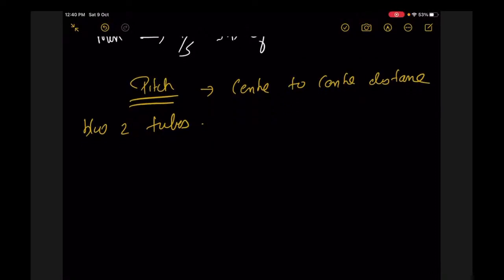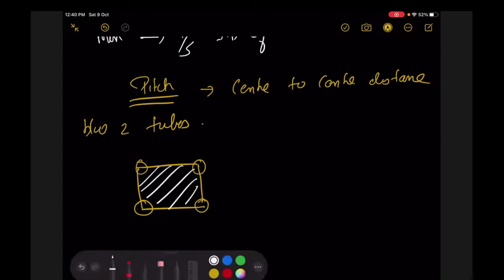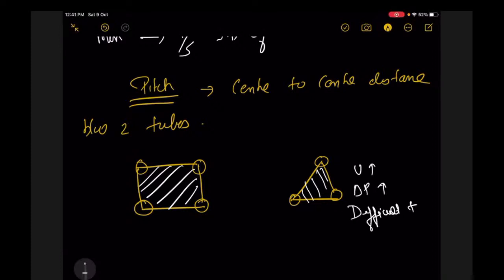तो यहाँ पे हम देखेंगे, पहली होती है हमारी रेक्टेंगुलर पिच। रेक्टेंगुलर पिच में क्या होता है, स्पेस बहुत है, ये देखो व्हाइट वाला एरिया। एक होता है हमारे पास ट्रायंगुलर पिच। इसमें क्या है, स्पेस कम है। तो स्पेस कम है तो तुम यहाँ से ये तो समझ ही सकते हो, यू विल बी मोर, डेल्टा पी विल बी मोर, डिफिकल्ट टू क्लीन। और कम स्पेस में इसलिए ज्यादा ट्यूब्स भी आएगी, ट्यूब विल बी मोर।